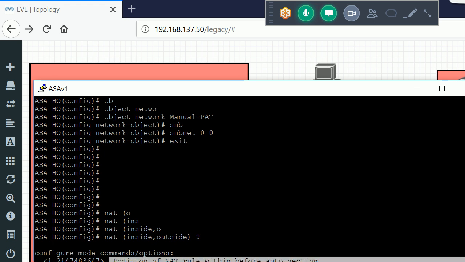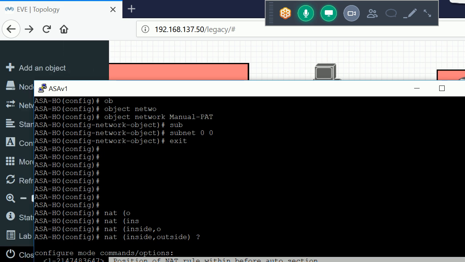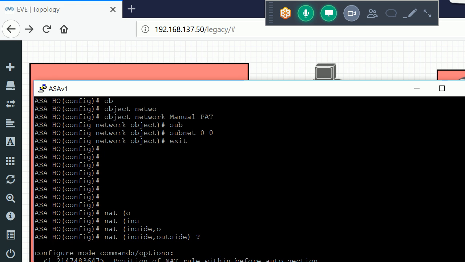See here we have three kinds of keywords we can define if we want to define the position of the NAT. We have after-auto and the source here. After-auto means by default the maximum priority is for that manual NAT. After it, all the auto NAT rules come into the picture.